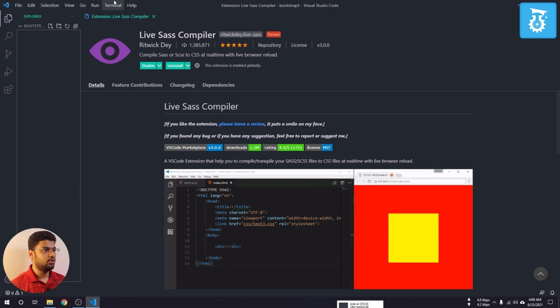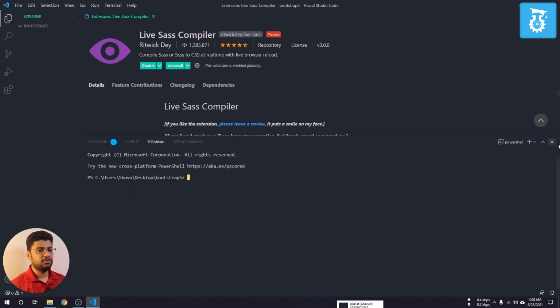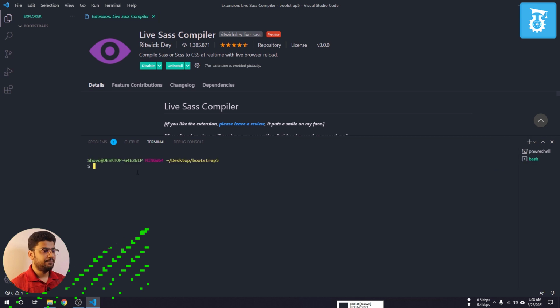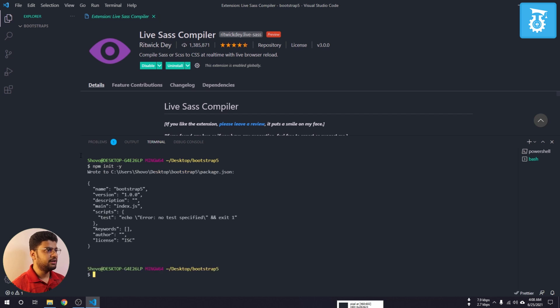So in order to do that, I will go to the terminal and then I will click new, and you can see by default it's in the PowerShell. I will change this to Git Bash. Okay, and here I will write npm, that means node package manager, and then init and then -y, and if I do, in that case you can see I have a file package.json. Now our project is ready.